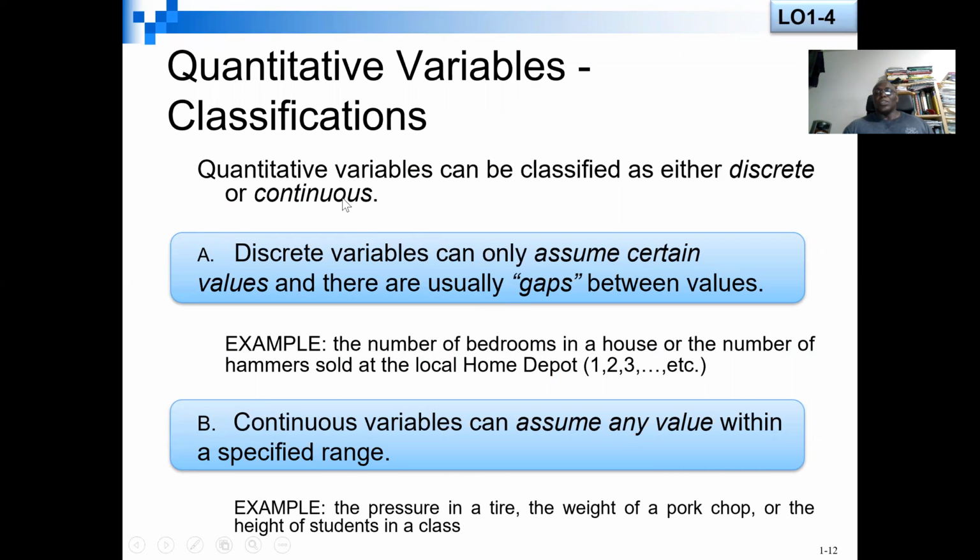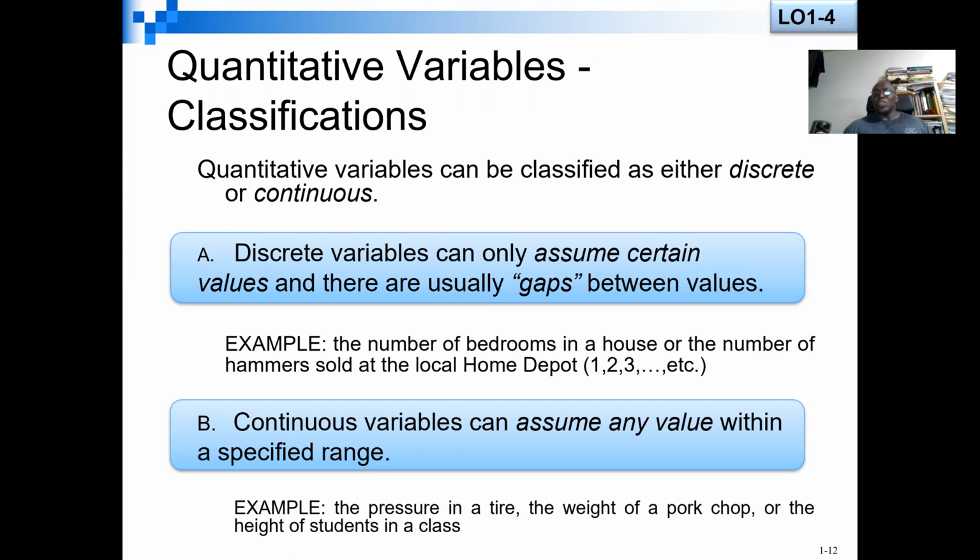So now, quantitative variable classification: we have two types. We have what we call discrete variables and we have continuous variables. Anytime we hear the term discrete variables, we mean whatever information we have is based on counting. There's usually a gap between values. So for example,